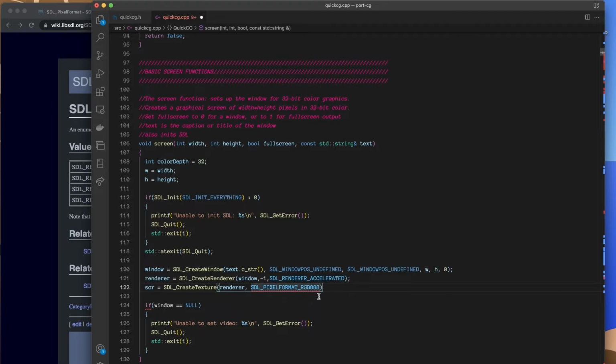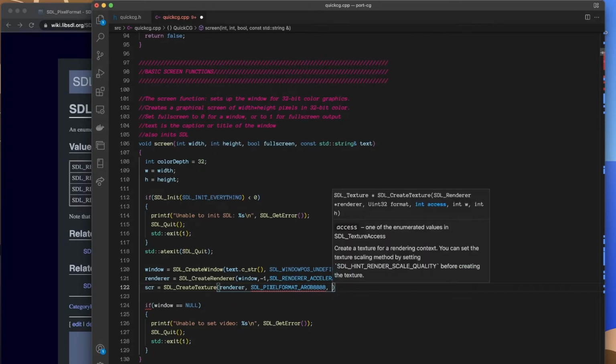No, not that one. So what this is, we've got everything packed together in a 32-bit integer, alpha, red, green, and blue in that order, taking 8 bits each. Okay. Then access is